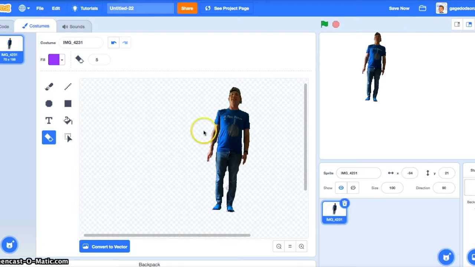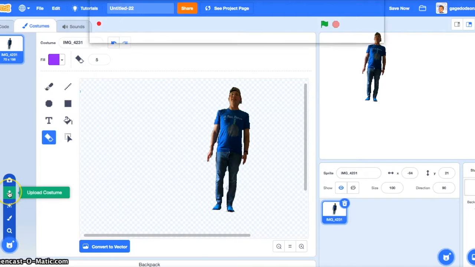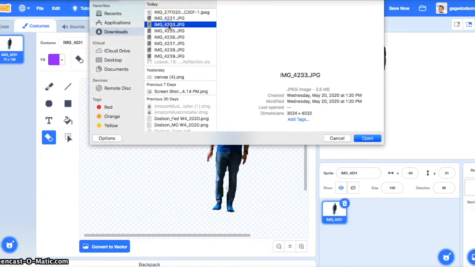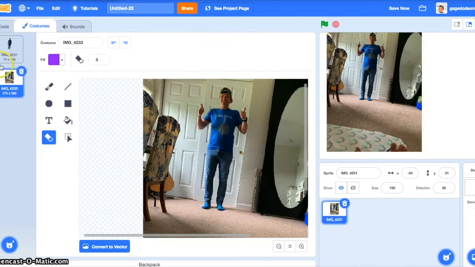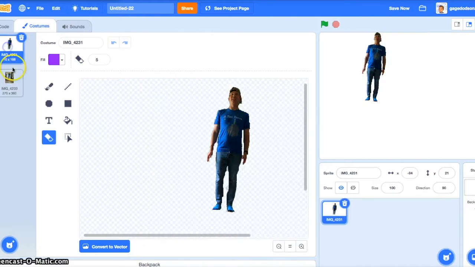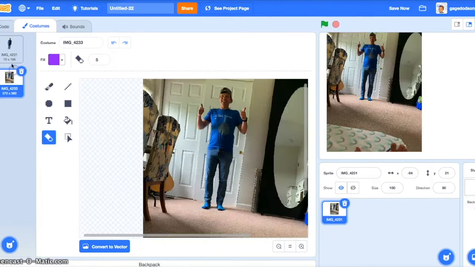Then I took a second picture of myself and I clicked on new sprite within this sprite to add on a costume. So I picked a second picture of myself, followed the same steps, did all the erasing again, and was able to now have two costumes. So you can kind of see that I can actually switch between those two to make it give the illusion